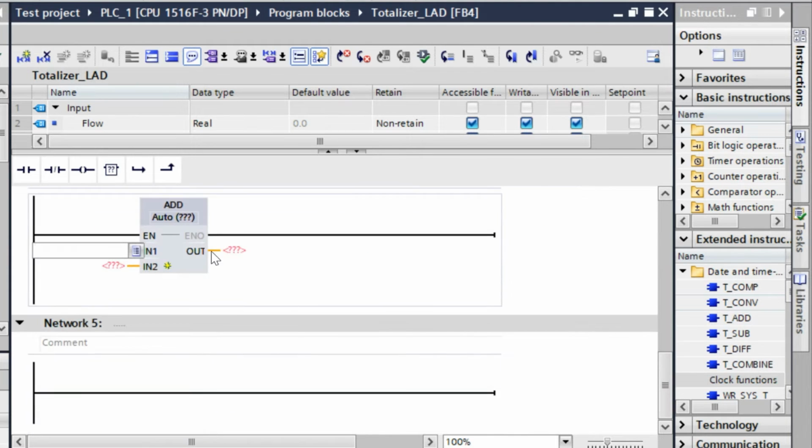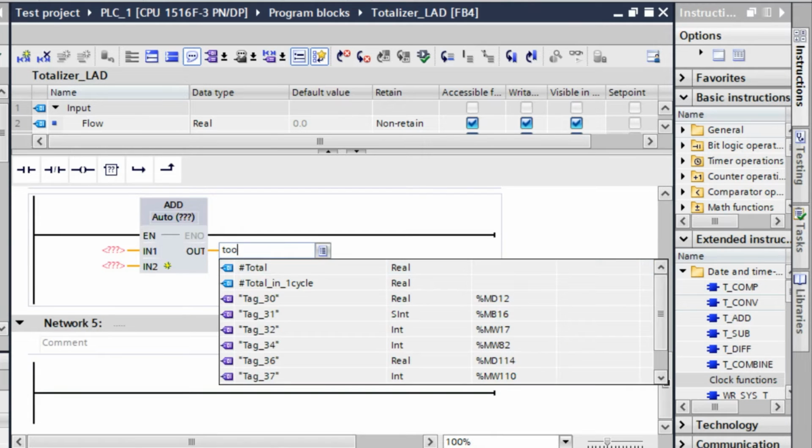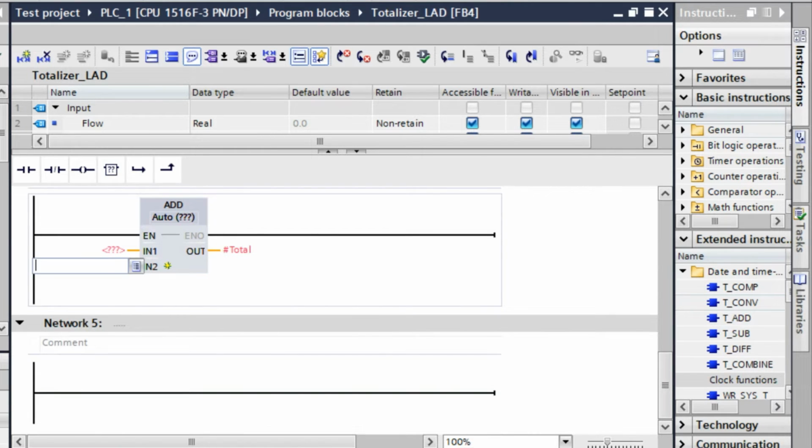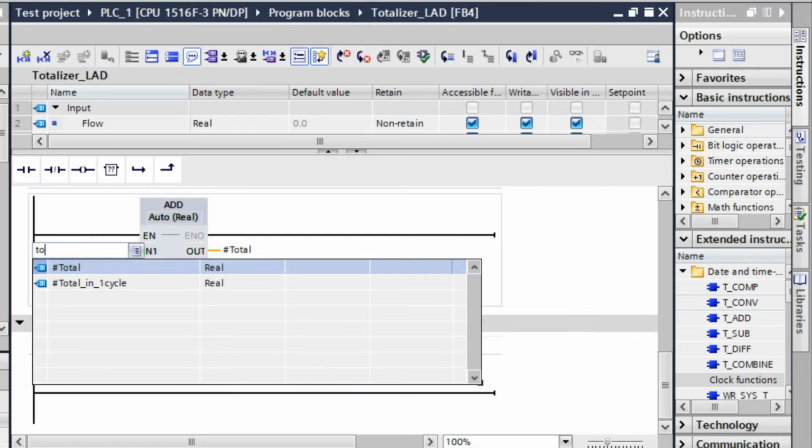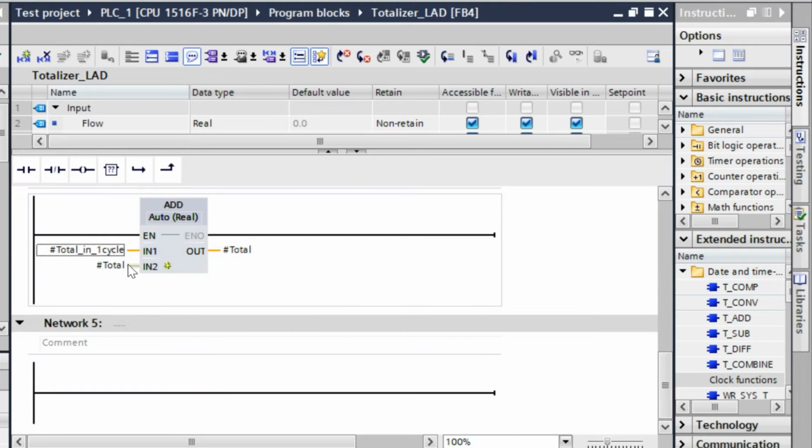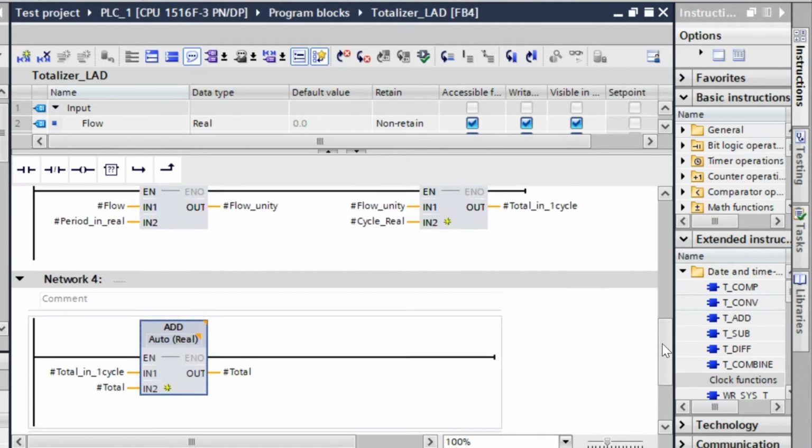So our output is total, and here total will add with total in cycle. So every time, add total in cycle with that total. Okay, and when it will add,